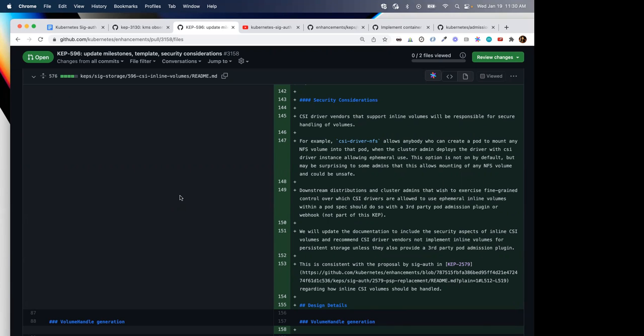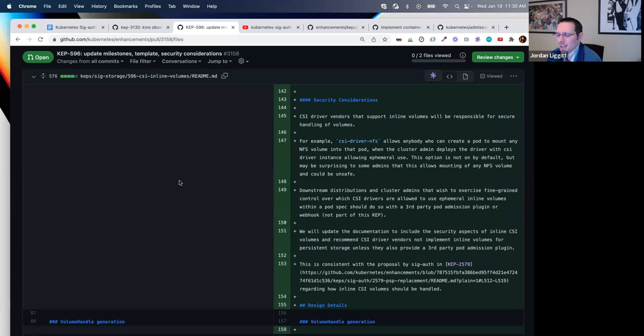It seems like building in a policy around one aspect of it, when really other aspects are required as well, would lead people to create inline drivers that are only partially protected.